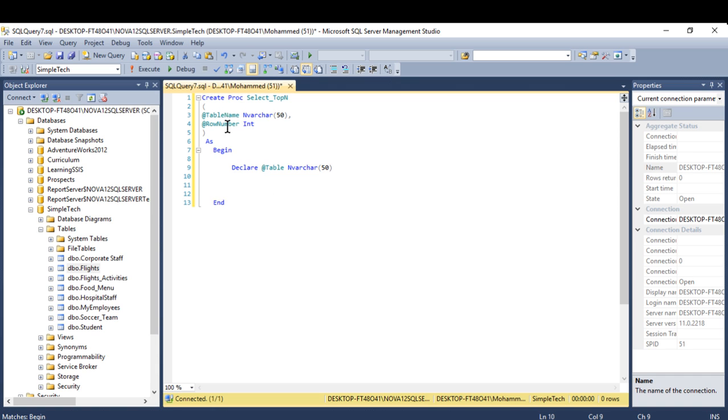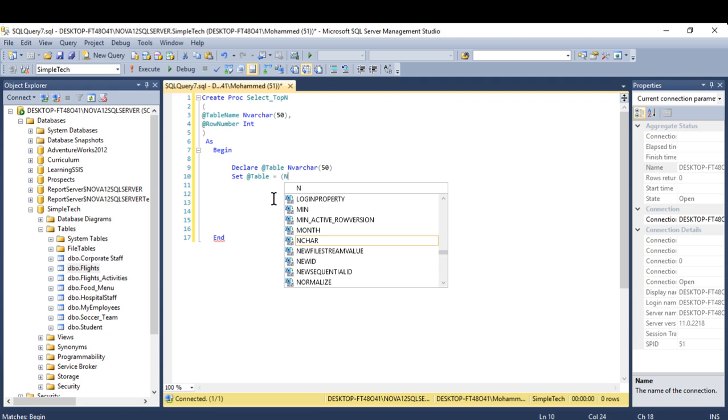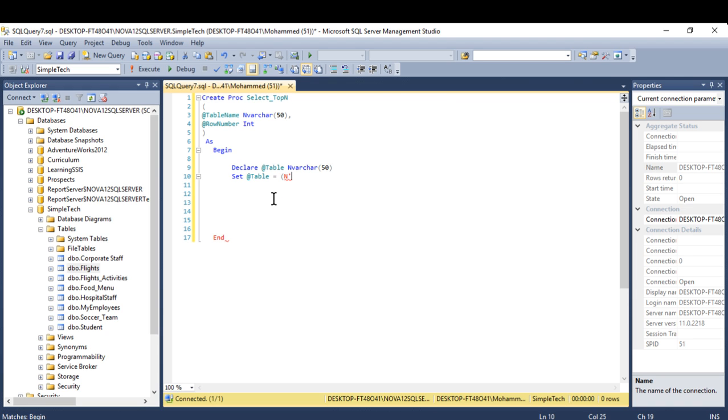Those two, I'm going to use for my stored procedure. And the other one, you will see, guys, that I'm going to add to my dynamic stored procedure statement. So SET @sql equal to, and my statement will be, this is how you start to